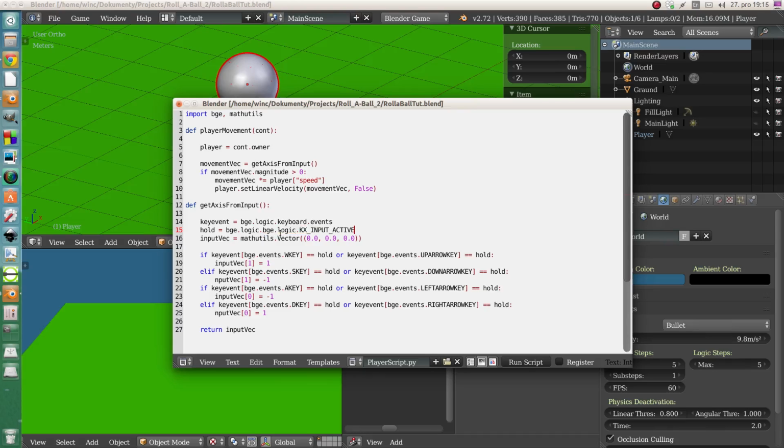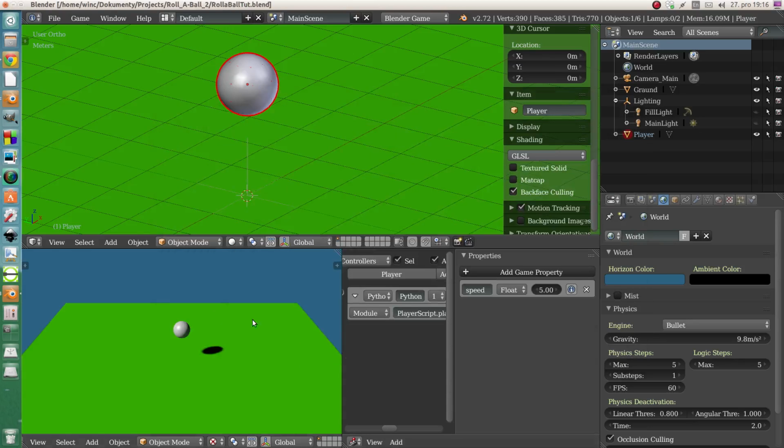Oh. It's BGE logic kx input active. So you can see errors are actually good for you, because you can debug your script pretty well. It will tell you what's wrong, in what line, where it stopped, why it can't go on. So let's try it again,